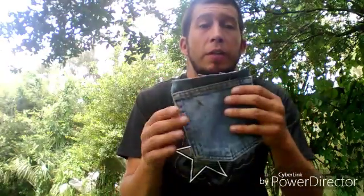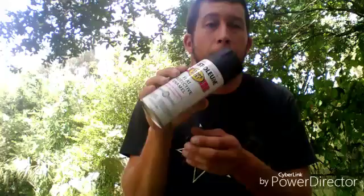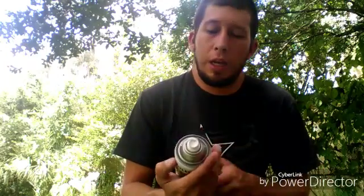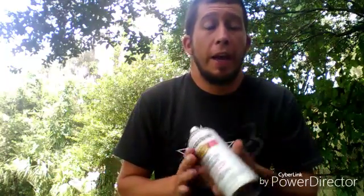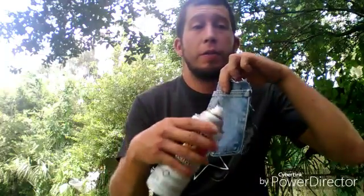Now, to preserve it and to make it look cool or to add some flair to it, what you're going to do is take some Rust-Oleum paint. I use flat black because that's what I like. It's non-glossy. It doesn't get anything dirty, stuff like that. So you're going to shake this up really good and spray paint both sides,